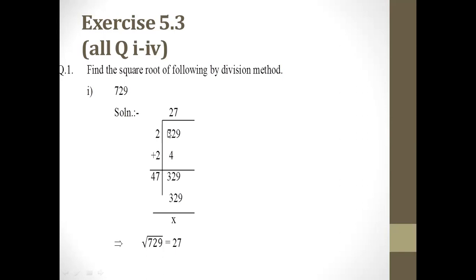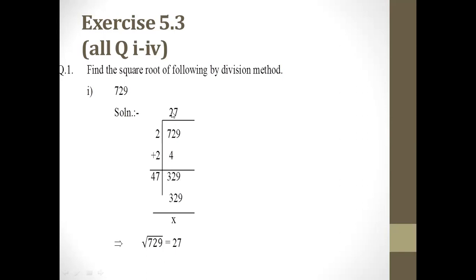When you start to divide, you divide with that number which multiplied by itself is less than or equal to it. Like 2 multiplied by 2, 2 twos are 4, which is less than 7. But when we check the next number 3, 3 threes are 9, and 9 is greater than 7. Therefore we leave 3 and we take 2. 2 twos are 4. So 7 minus 4, 3 will come, and 29 you take down as it is. So now this is 329.